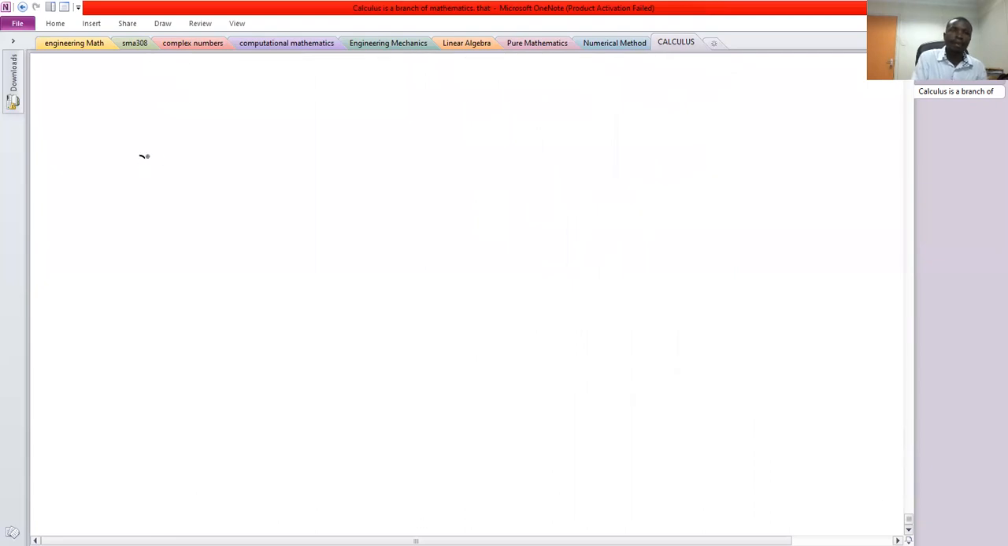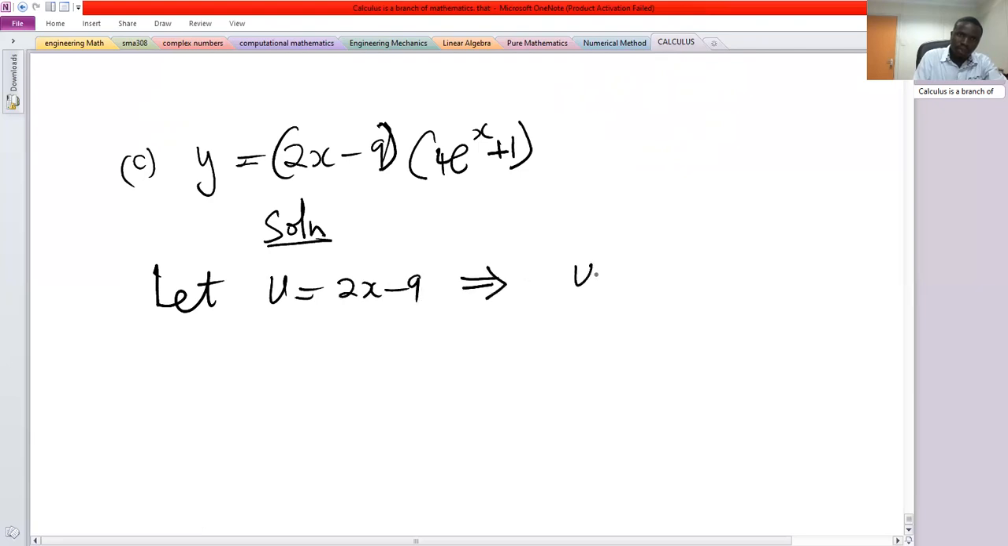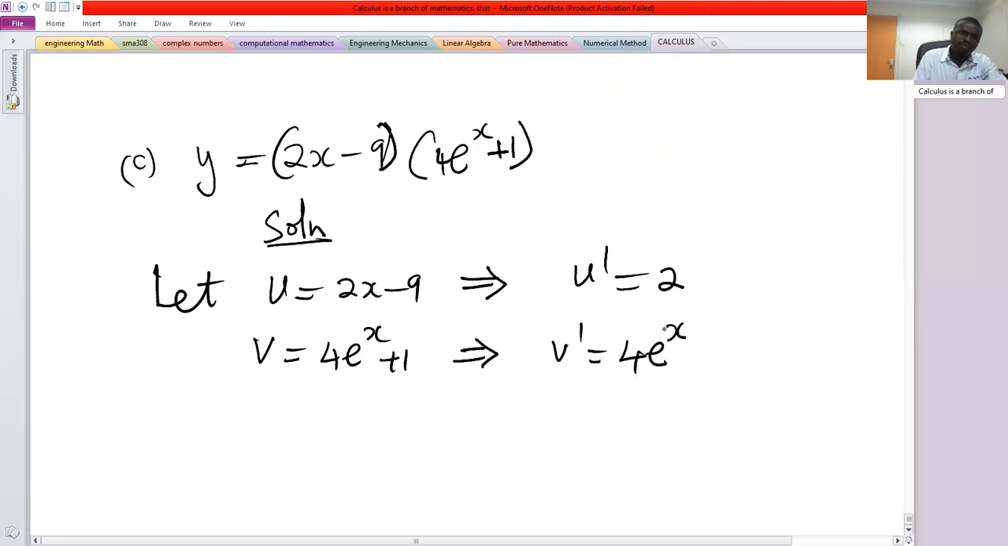C, if you have y equals 2x minus 9 and then 4 e raised to power x plus 1, then to solve this, let u be 2x minus 9. So which means u prime is 2, v is 4 e raised to power x plus 1, which means v prime is 4 e raised to power x. So dy/dx